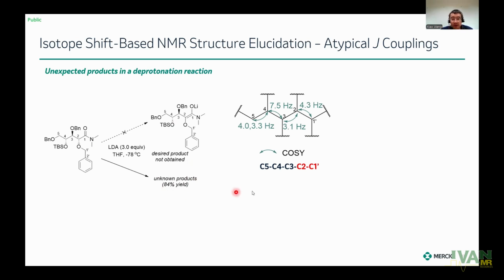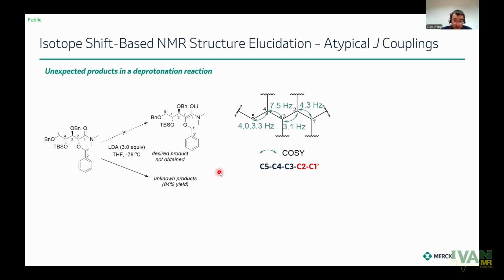Based on the COSY correlations of this unknown product, we see a very long spin system, all the way from C5 to C4, C3, C2, and directly to C1 prime. They are all related by a decent proton-proton coupling constant. But if you look at the original structure, it's very hard to get a byproduct where C1 prime is directly linked to C2. So